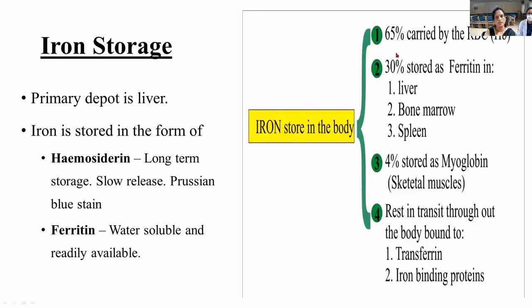Okay, iron storage. You can see where all it is stored. Hemosiderin and ferritin are the storage forms of iron. Again, we spoke about the special stain. Under which context did we talk about special stain for iron in the previous class? Sideroblast. We showed the ring sideroblast, where the non-heme iron granules are situated around the nucleus of the erythroblast.